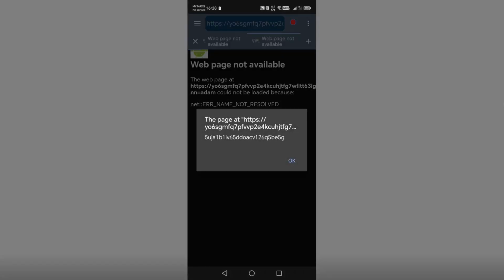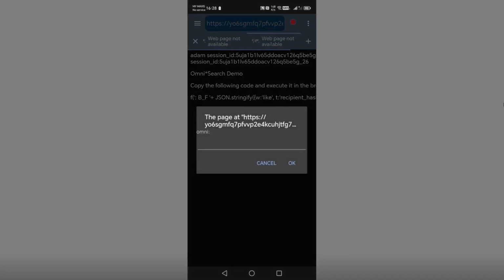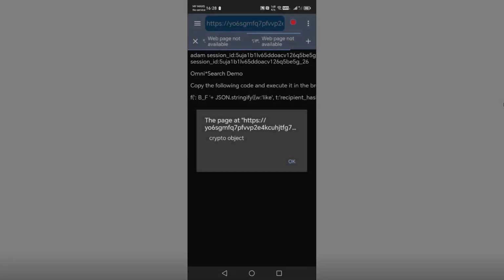You will be greeted with an alert window with the first line showing the I2P address of the OmniStar web mobile demo page that begins with Y06 and so on, and the next line is the PHP session ID 5UJI1B and so on. Finally, you will see a page with the first line saying Adam session ID, OmniStar search demo and so on. This is a clone of the OmniStar web demo using desktop Firefox browser shown in the